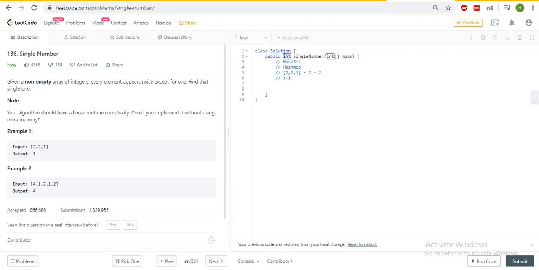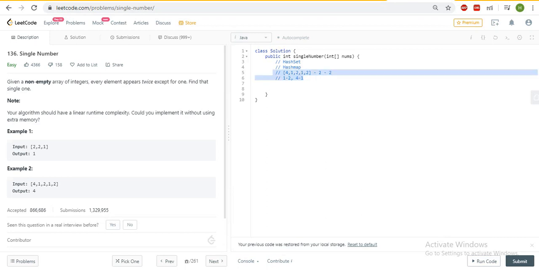If I take this as an input, for two we have two values, for one also we have two values, and for four we have one. So we will return 4 in this case.